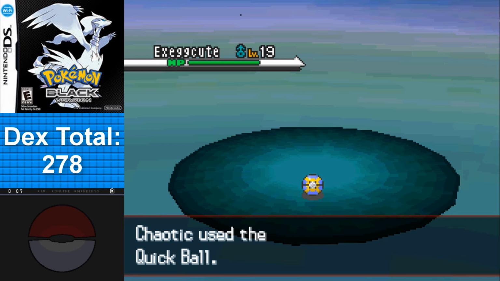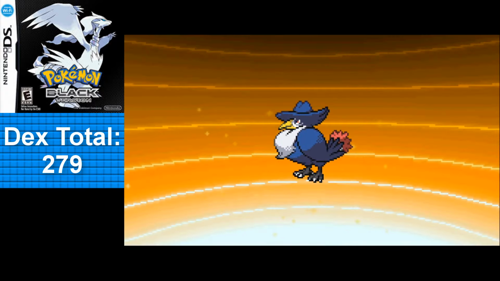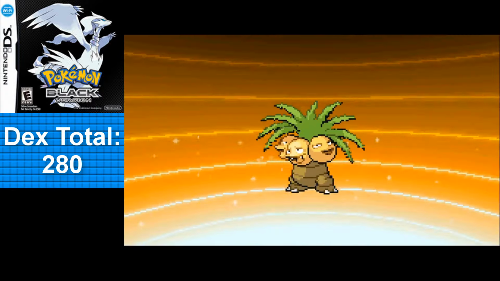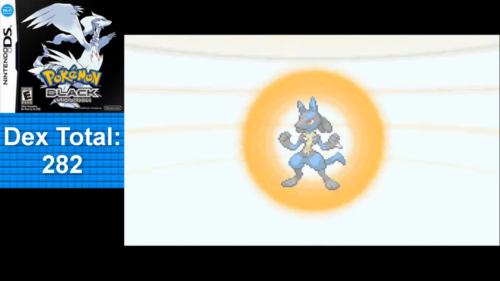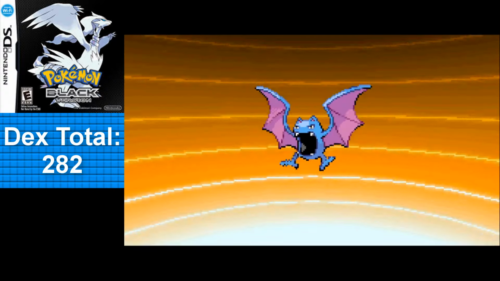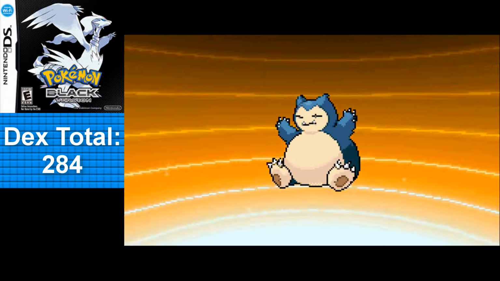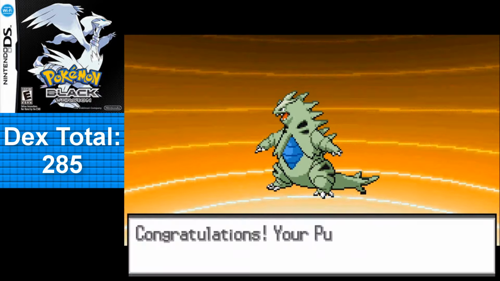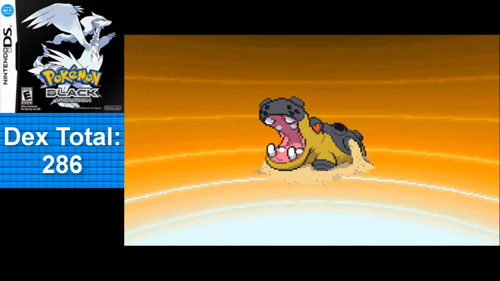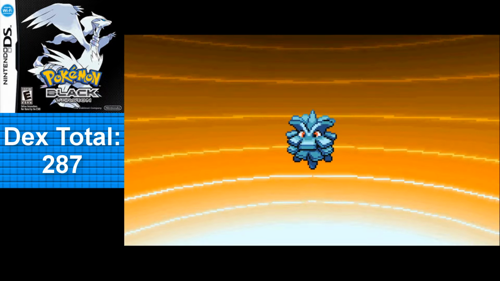Now it's time for a rapid-fire evolution round before our first and final round of breeding. That being Murkrow into Honchkrow with a Dusk Stone, Eevee into Leafeon with a Leaf Stone, Vulpix into Ninetales with a Fire Stone, Riolu into Lucario with max happiness, Golbat into Crobat with max happiness, Munchlax into Snorlax with max happiness, Pupitar into Tyranitar at level 55, Hippopotas into Hippowdon at level 34, Mankey into Primeape at level 28, Pineco into Forretress at level 31,